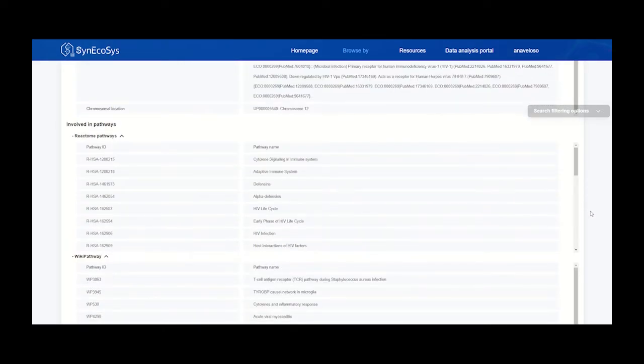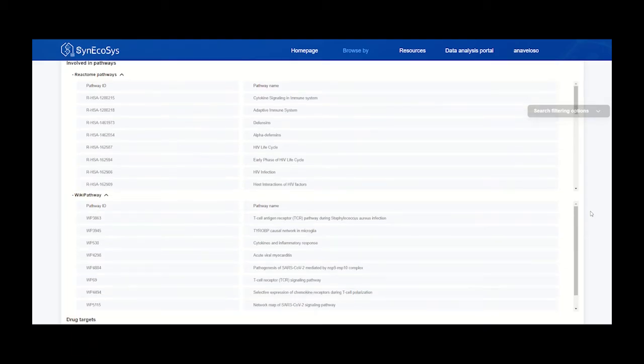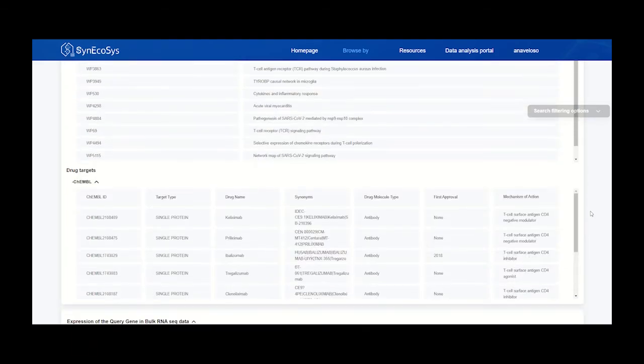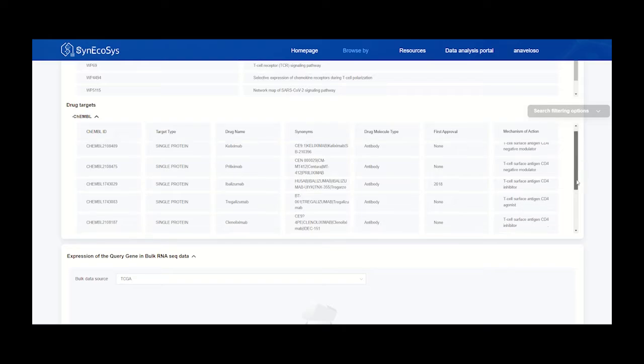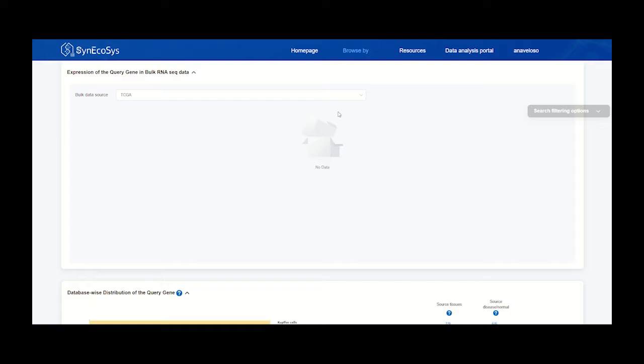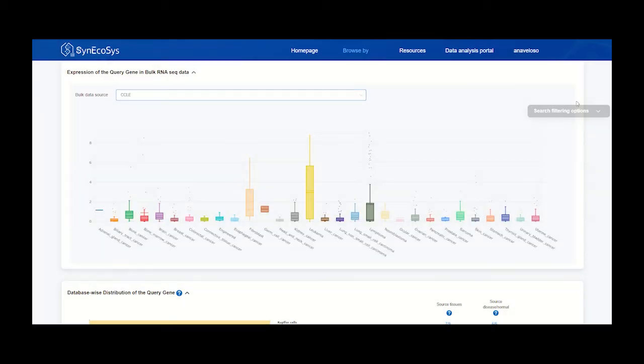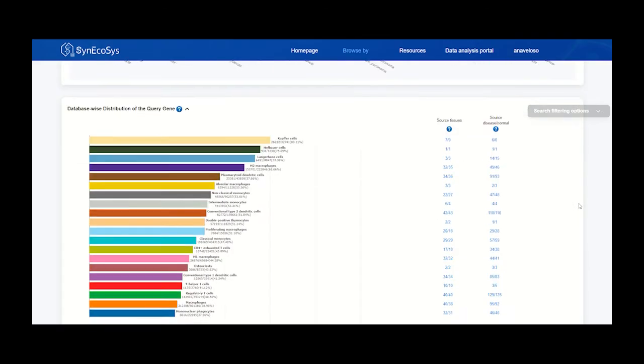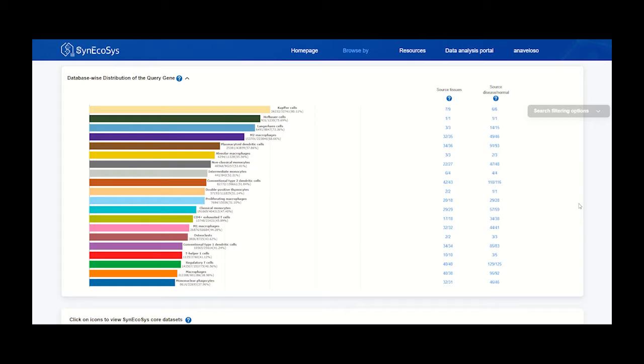We also have the pathways that genes are involved in, by Reactome and WikiPathways, and also drug targets. So if a drug has been developed that targets a specific gene, it will be listed here. There's also bulk RNA-seq information, where you can see in which kinds of diseases or tissues this gene has been found previously. Within SynEcoSys, you can see the top 20 cell types where this gene has been found